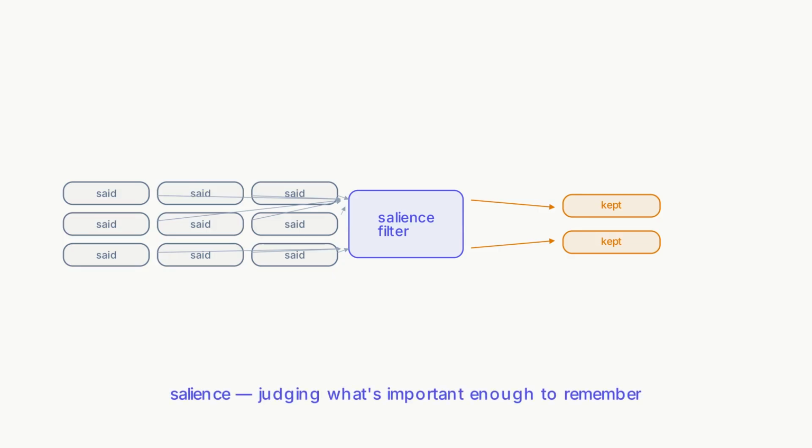Sometimes the agent decides for itself, sometimes it's told explicitly, remember this. Either way, that filter, between the flood of everything said and the few things kept, is one of the most important parts of the whole system. So the agent has carefully written down a handful of things that matter. Now comes the other half, and in some ways the harder half, getting the right memory back at exactly the right moment. Part 6, Bringing it back.